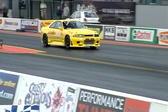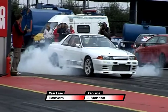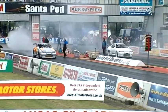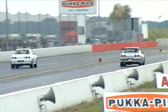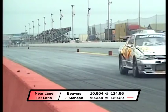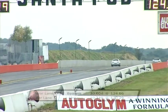As is Mick Begley. And he's taking it really steady. George Beavers doing a slightly longer than normal burnout there. Wants to give himself the best possible chance against Johnny McEwen, and he drops a light on Johnny, and he's out in front. Whoa, this is a really close race. Impossible to call, and at the top end, Johnny just about does it. Look at that, the 10.34 against